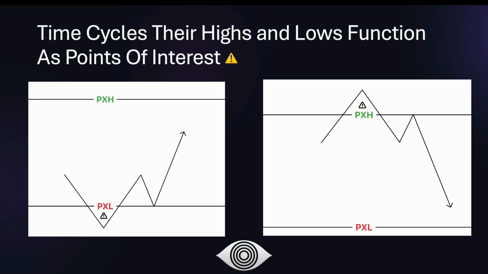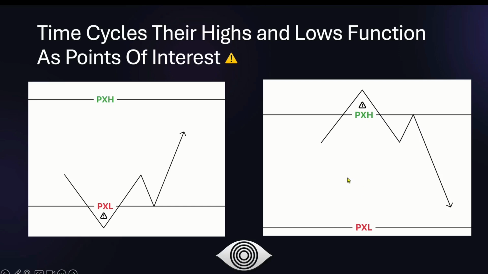It's important to note that when your higher time frame order flow is bullish, your PXL is of course a point of interest where we could see a fractal smart money reversal form within a market maker buy model to target buy side liquidity later. If our higher time frame order flow is bearish, we would be looking at the PXH as a crucial reference point to see price trade above, form a high, smart money reversal within a fractal market maker sell model, and then that high should begin to get broken through, fail to act as support on price, boom, displacement. Then we want to see that high begin to act as resistance again. Then we want to see the opposite side of the range get targeted.